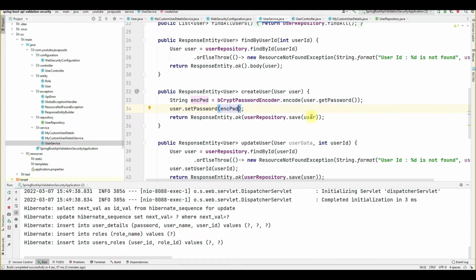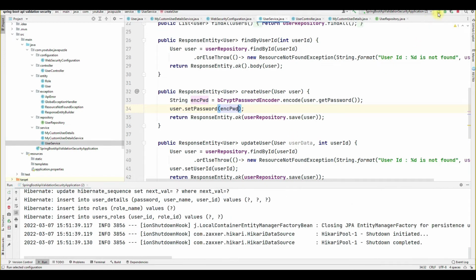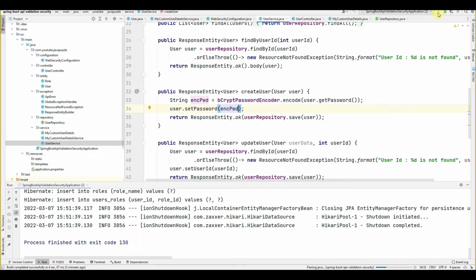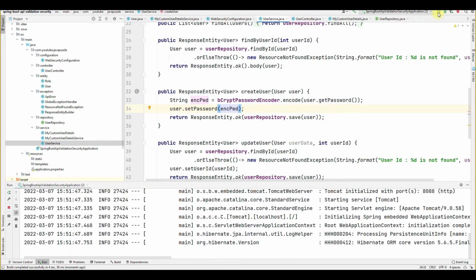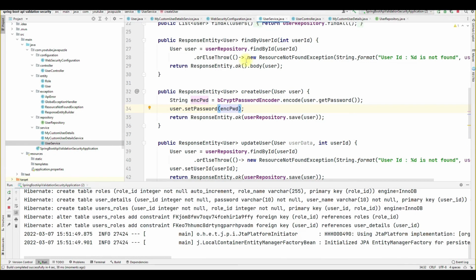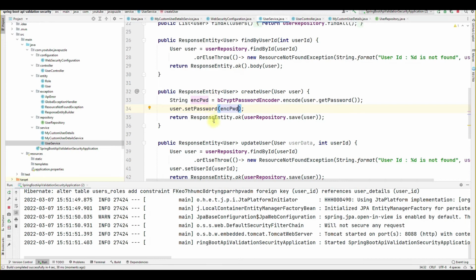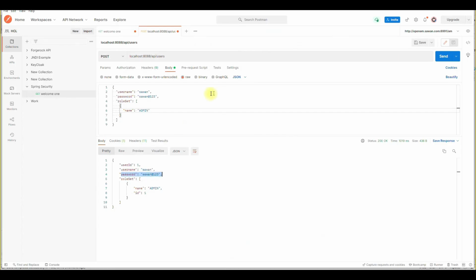Okay, now if I run the program, we are able to store some data. So let me store this one. Okay, now let me save again.